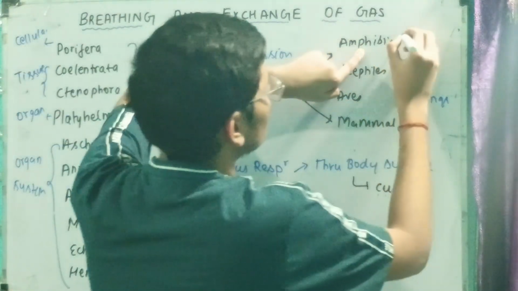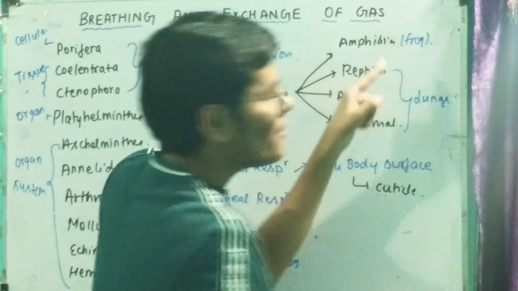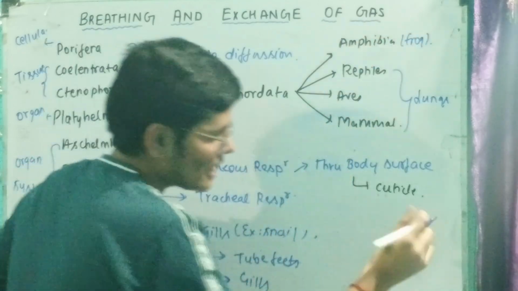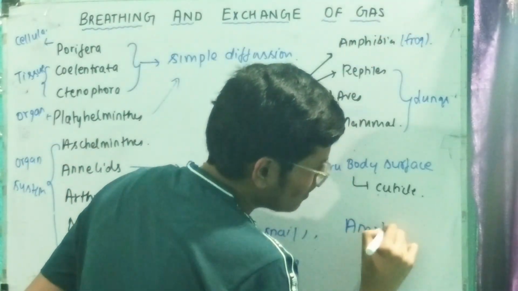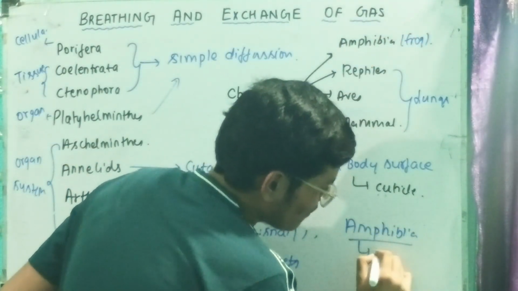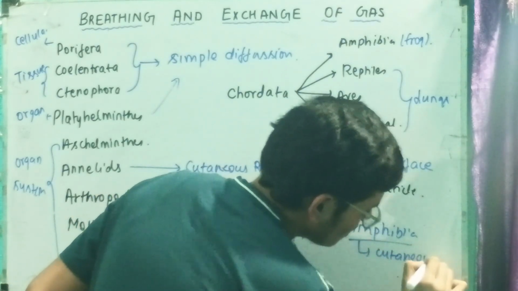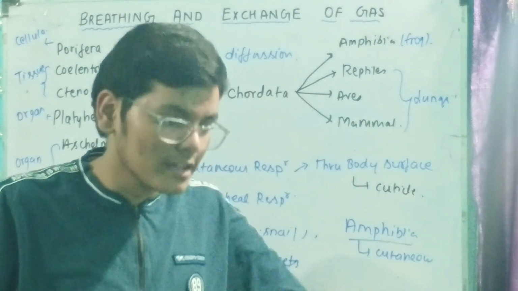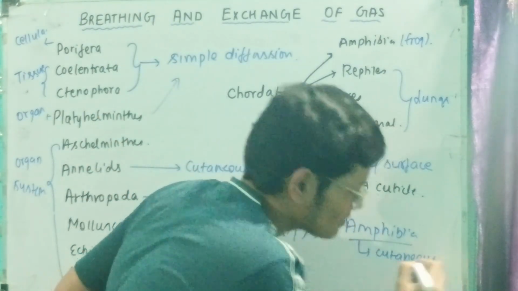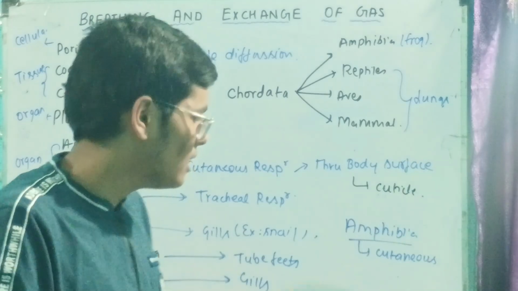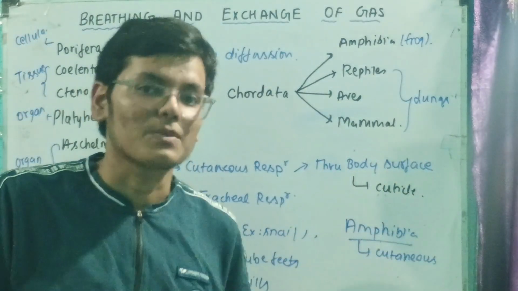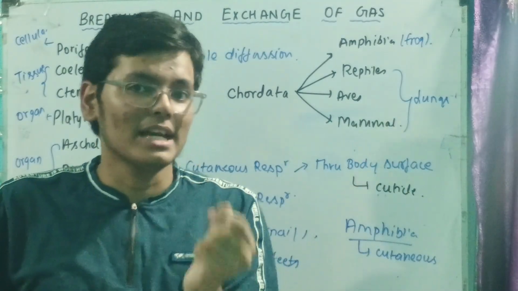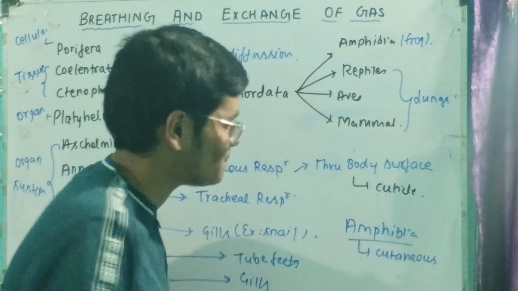Amphibia's primary example is frog. Frog performs three types of respiration, or more than three types as well. If we have to understand amphibia, let us write over here. They can perform cutaneous respiration when they are on the land. What is the meaning of cutaneous? No, under the water, not on the land. When they are under the water, they can perform cutaneous respiration. Cutaneous respiration can be performed all the time as well. What is cutaneous? It is through the body surface. Their body secretes mucus. Mucus makes their body surface slippery and smooth, which helps in the exchange of gases.